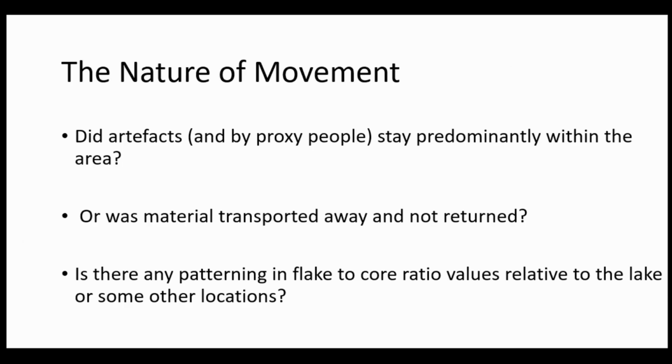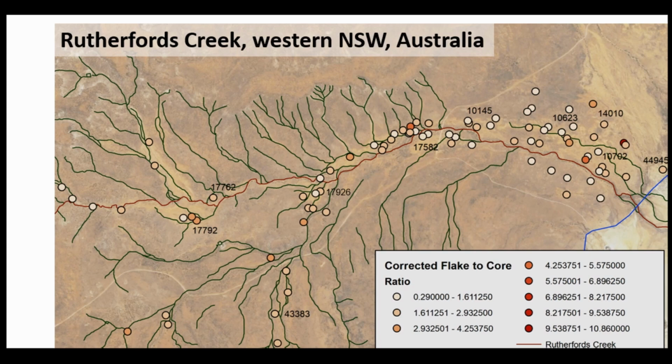So in the Fayoum and Rutherford's Creek, did artifacts move only within the area, or was material transported away and not returned? If the lake in each region sort of focused occupation in a sense, we might expect to see a gradation in values away from the lake or towards the lake, or perhaps around some sort of central place, something to that effect. So here, GIS was used to visualize and analyze the spatial patterning in those flake-to-core ratios